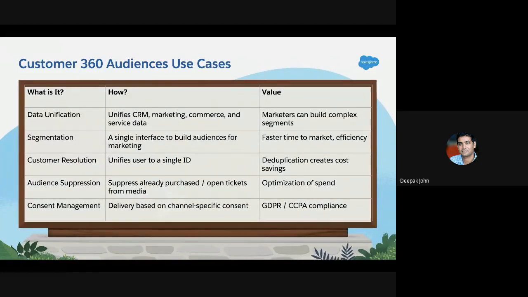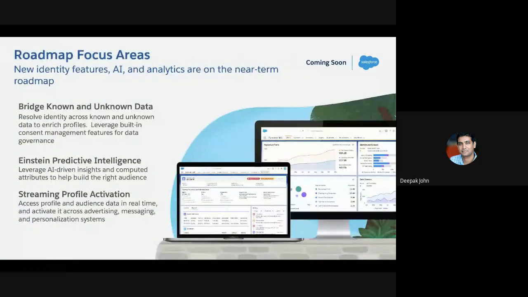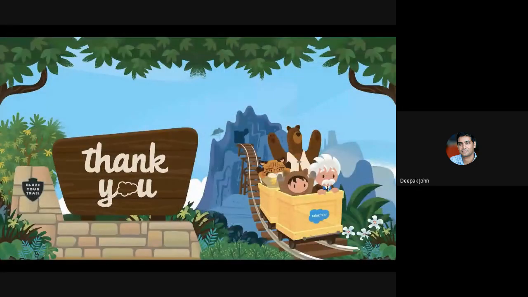And what is the next set of roadmap for the platform? The question that was asked, I forget who asked that, it's bridging that unknown and known data, being able to get some of the AI capabilities coming into the platform, and also the APIs. That's the strongest part of the platform, being able to stream data points in and out of the platform to be able to look at the CDP solution as a central repository for that golden record, but also the execution system of engagement in real time, knowing what is the next best offer, next best action for that customer. With that, I will pause, take any questions, or hand you back to Ali.